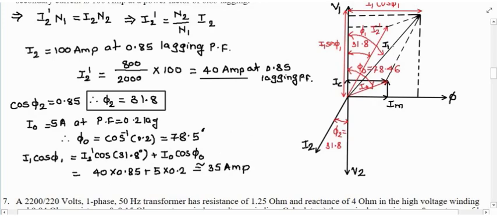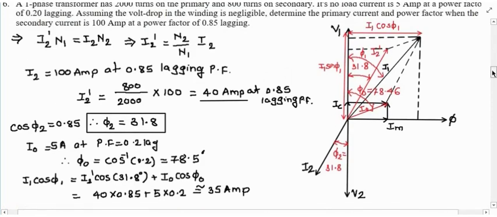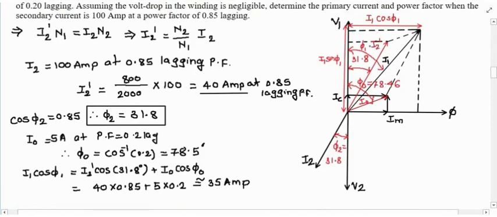Now how is it like this? Because see, what is I1 cos of phi 1 we are finding? I1 cos of phi 1 is this length. So it is nothing but this length plus this length. Right? So what is this length? This length is nothing but I2 dash cos of phi 2 dash. And what is my phi 2 dash? You know, that is 31.8 or phi 2, simply phi 2. And what is this length? This is your no load current I0, and this is angle with respect to this is phi 0. So I can write down this vector as I0 cos of phi 0, and hence I have added to get the I1 cos of phi 1 component.